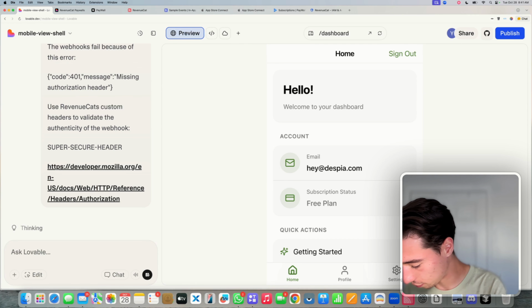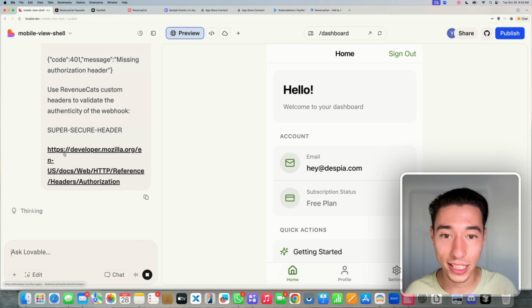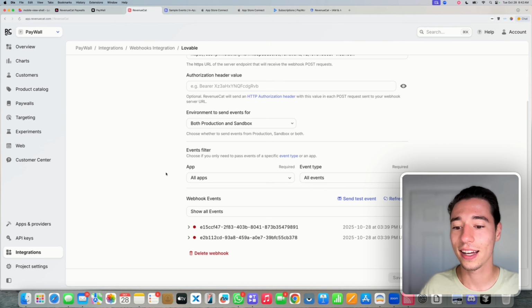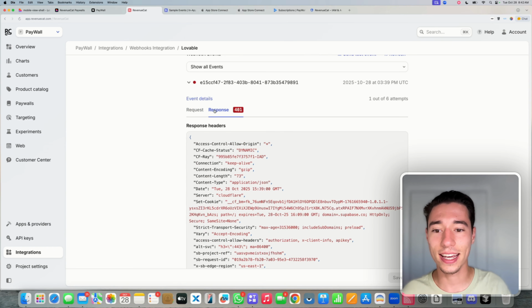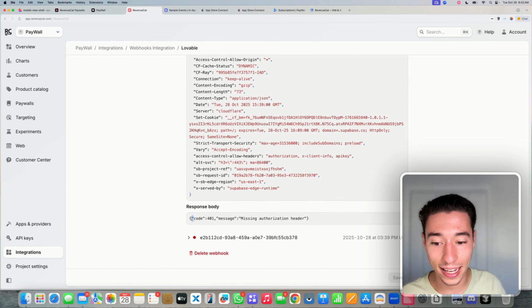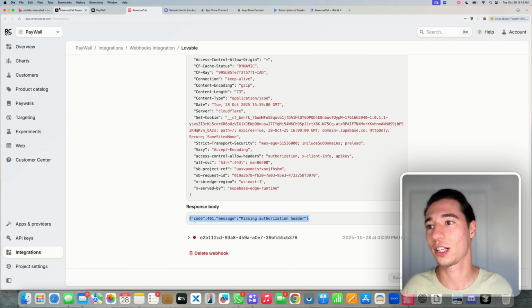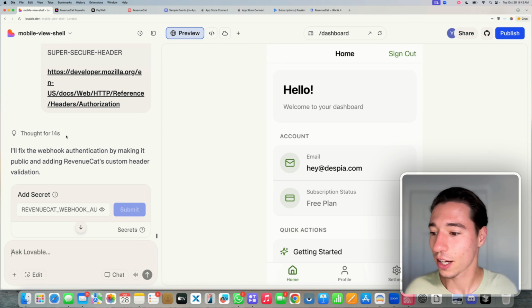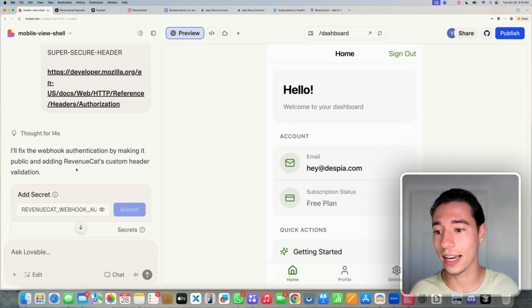So it's all working on the front end, or at least as it seems. It's just that the webhooks are not working. So this is why we're looking at the logs. This is why we're validating all the kinds of stuff. This is why RevenueCat has those great features here to give us an insight on what's happening on our backend and what our backend is returning. This will show us some of the stuff that's going on, not the way we want it to go on, right? So now it will say I'll fix the webhook authentication by making it public and adding